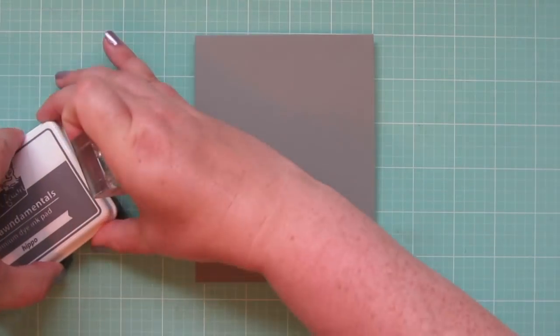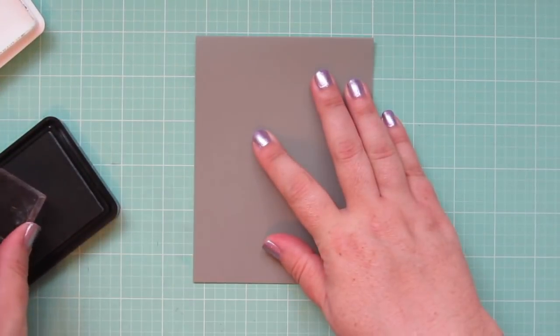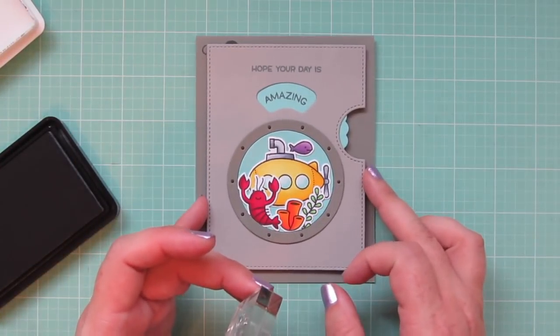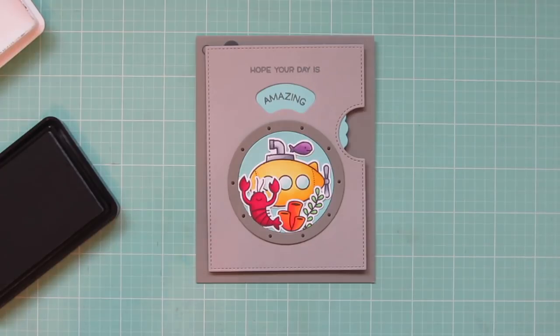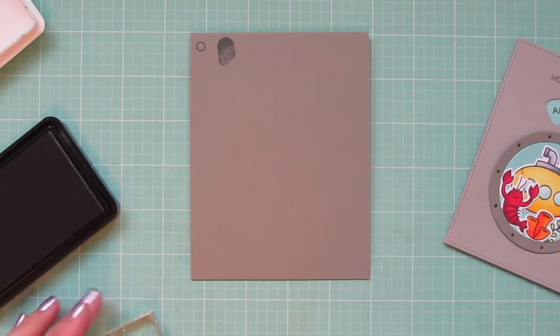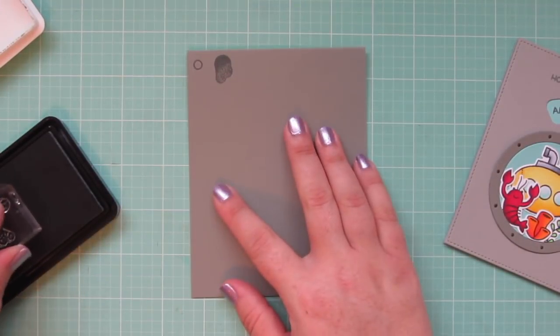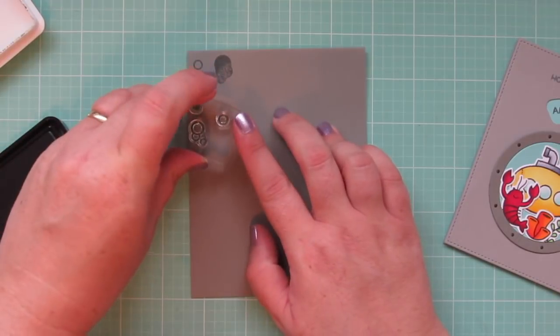I wanted to jazz up my card base just a little bit, so I took some of the bubbles from You Are Sublime, and I actually made a mistake and accidentally stamped the cluster of 3 bubbles upside down, so it was the back of the stamp. So I'm going to fix that. Most of it won't show anyway, but there is a solid bubble in that set, so I just added that